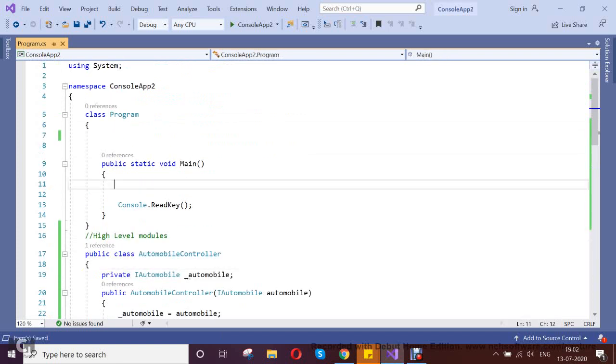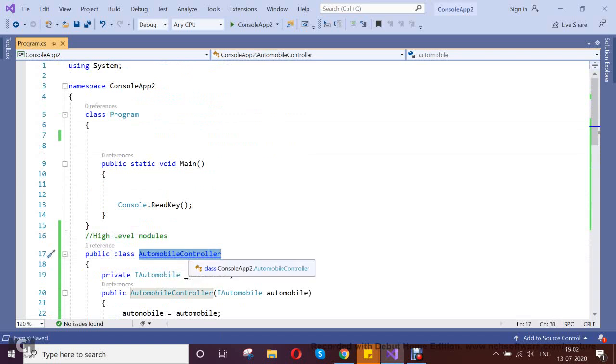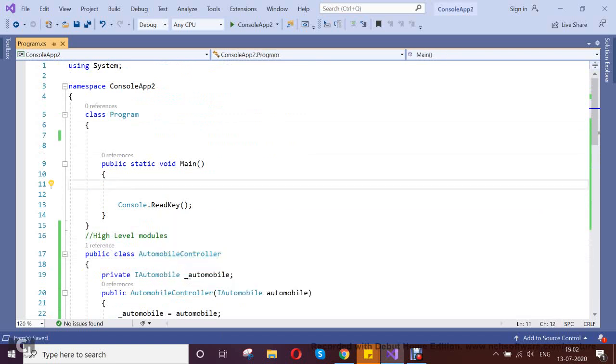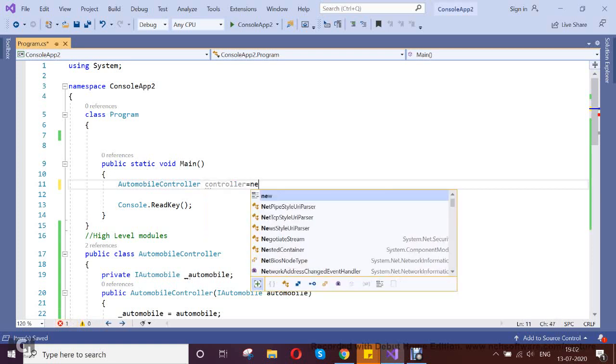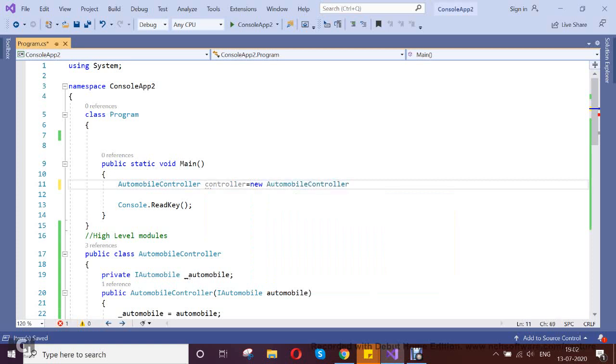Finally I am going to call my input. So automobile controller equal to controller.